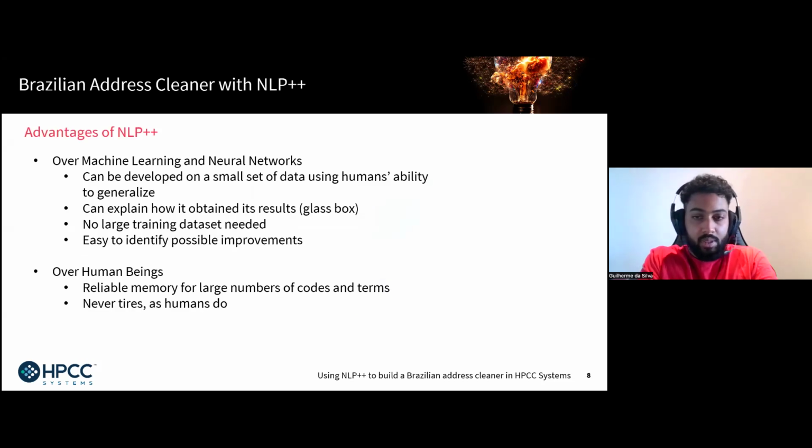So NLP++ has some advantages over machine learning and neural networks, including that NLP++ can be developed on a small set of data using humans' ability to generalize. NLP++ can explain how you obtained its results, so it is like a glass box. There is no need of a large training data set, and it is easy to identify possible improvements in an